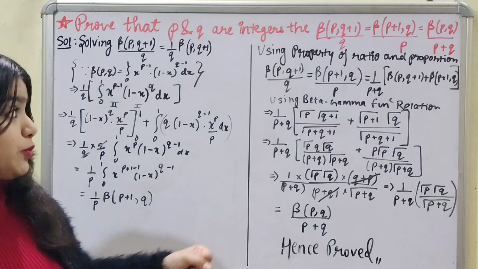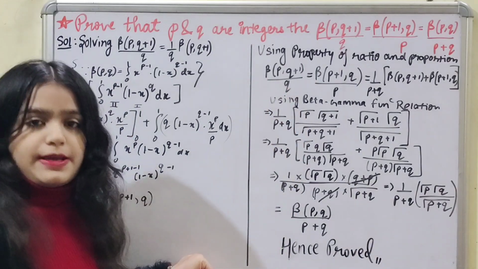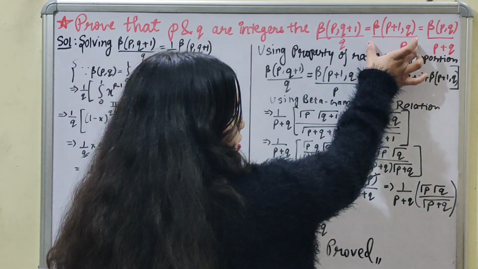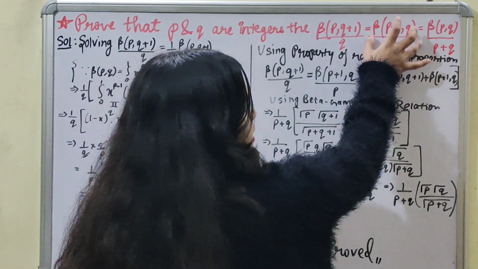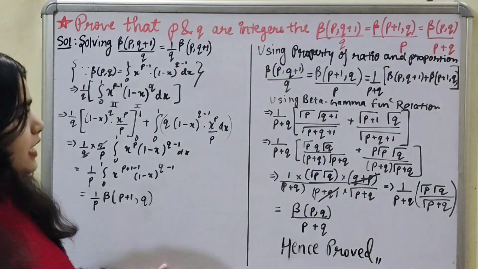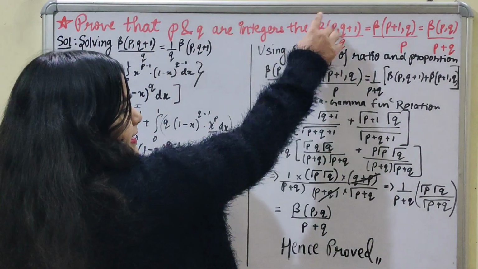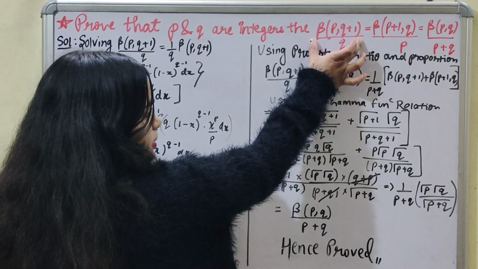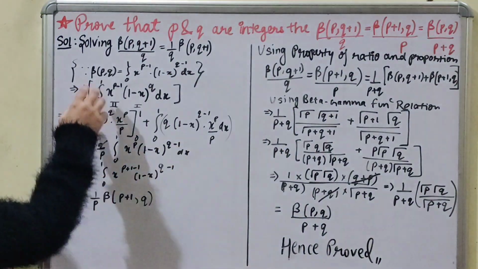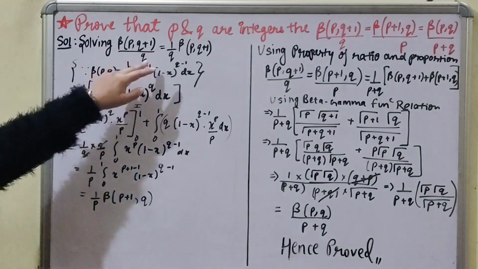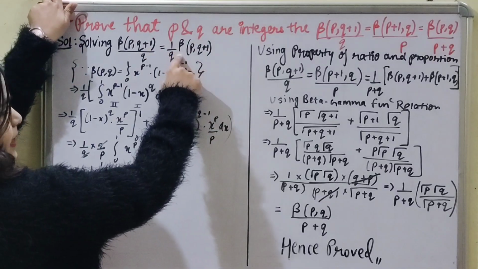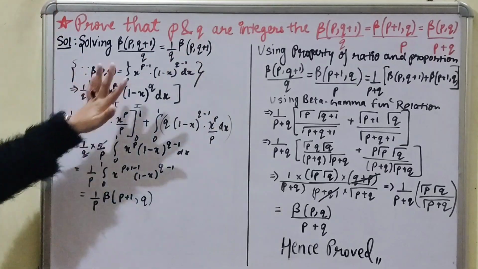So how do we have to prove it? We need to solve it step by step. That means first we are going to prove the first term equals the second term, and then after that the middle term equals the last term. For this, we are first solving the LHS side. Now, solving this, what we have done is very simple. We have just written 1 by Q outside and then multiplied with beta of P comma Q plus 1.